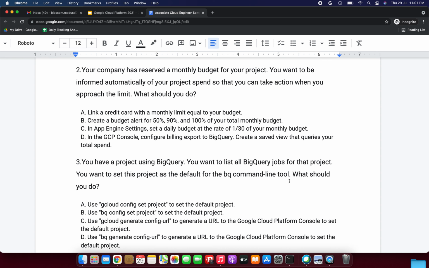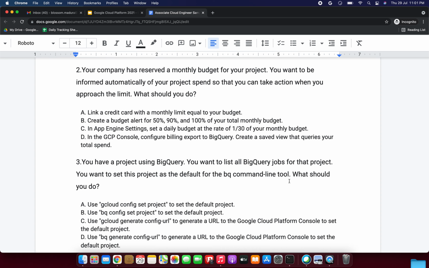Option A could not be the answer because this will just give you the spend, but will not alert you when you approach the limit. Then option B could be the answer because a budget alert will warn you when you reach the limit set. Option C will not be the answer because if you exceed the budget, you will still be billed for it.